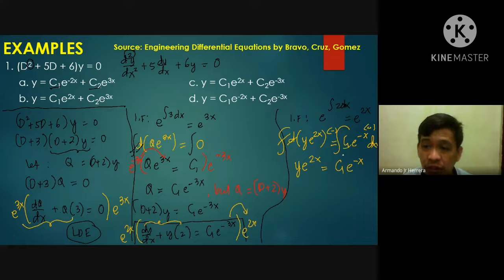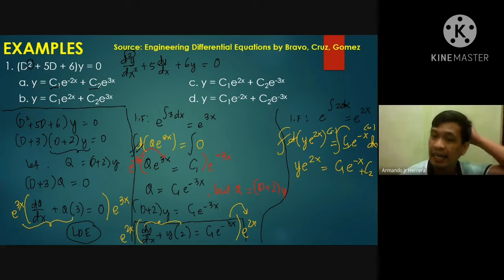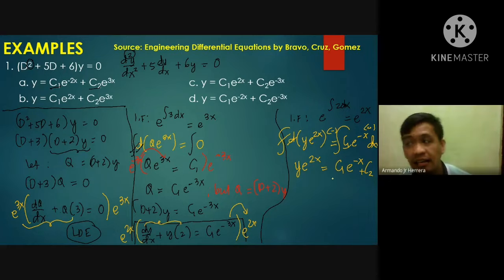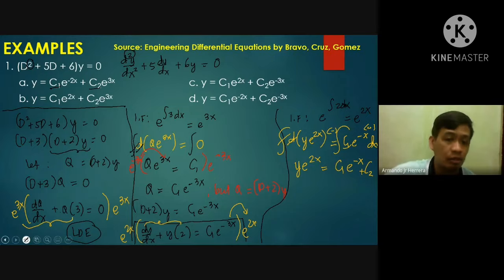Negative times constant 1 is still a constant 1 here. So I need to add na lang c2. So again, a negative number multiplied by a constant is still a constant. So it does not matter whether it is a negative or a positive, for as long as it is a constant. So to solve for the solution to that differential equation, I need to multiply this all by e to